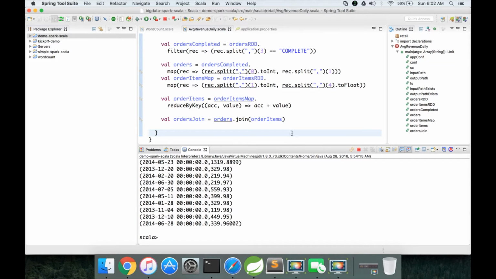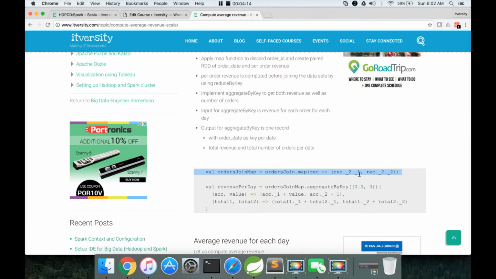So either you can do it the way I have done. This is more important because in most of the cases we might have to change the order also. So you should be familiar with how to access the elements in the nested tuples. So this is how you can access each individual element in the nested tuple. Rec dot underscore 2 gives the second element. Dot underscore 1 will give the first element of the second element in the main tuple, and rec dot underscore 2 dot underscore 2 gives the second element of the second element in our nested tuple.